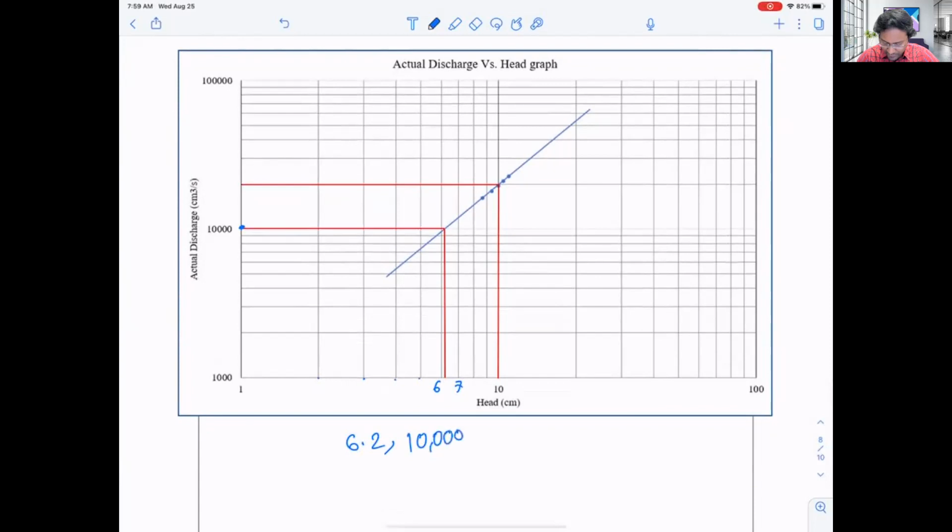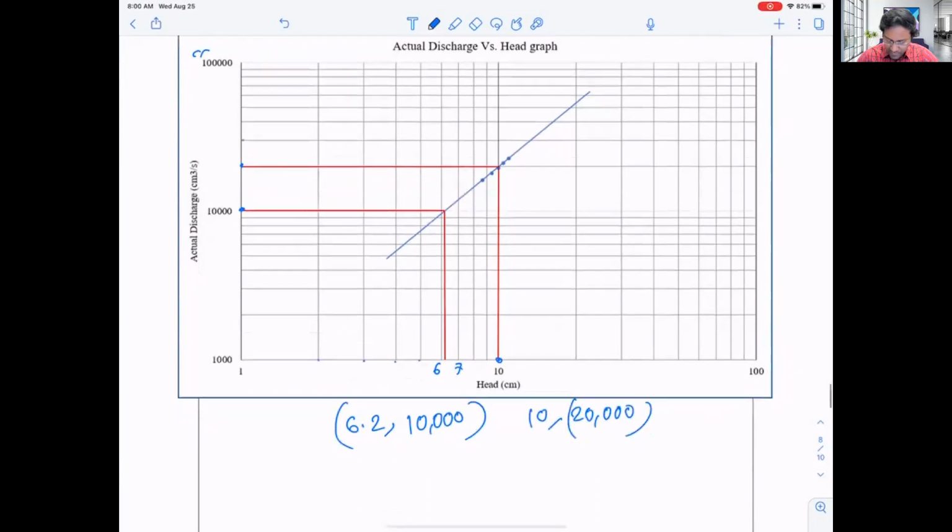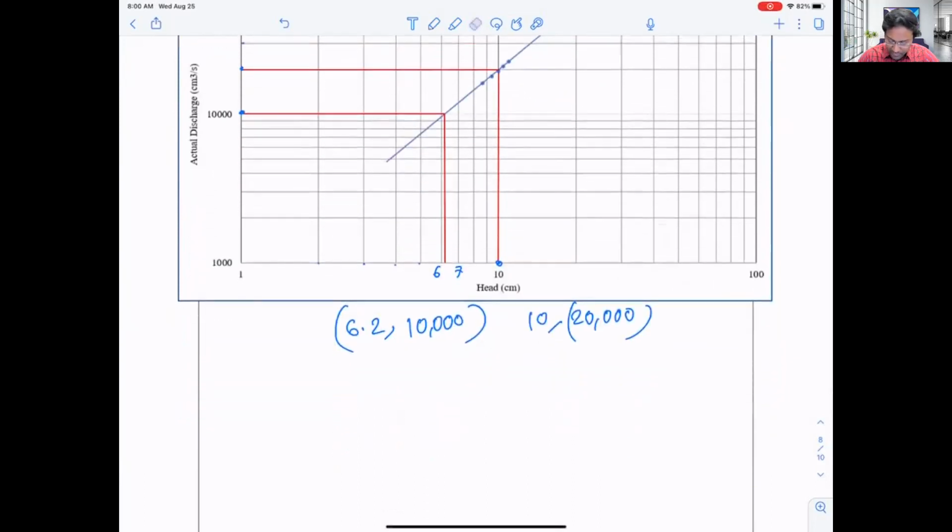That is 1 point, and we have another point here. So we have 10, the value of head 10, and then we have what? That is 10,000. That is 20,000, 30,000, and then we have 100,000. So that will be 20,000. Okay, and if I apply